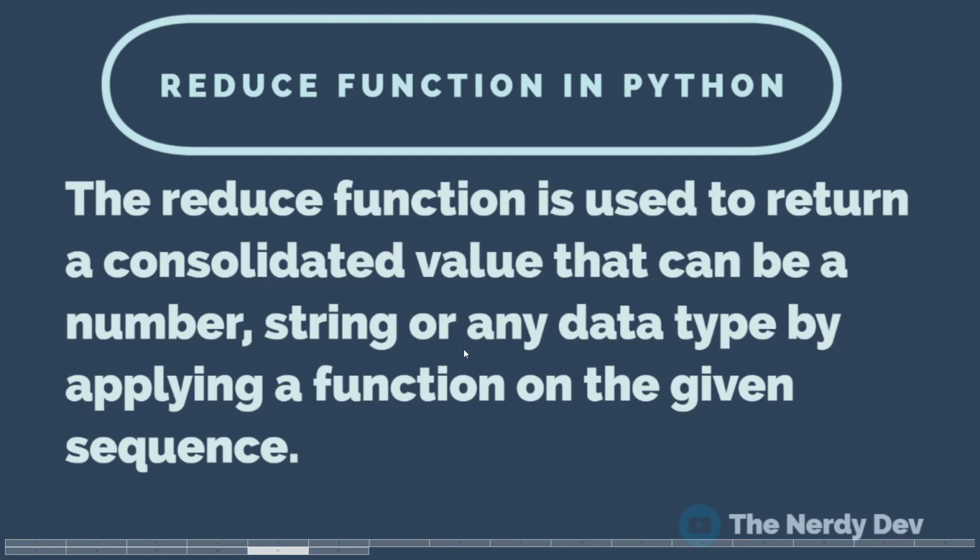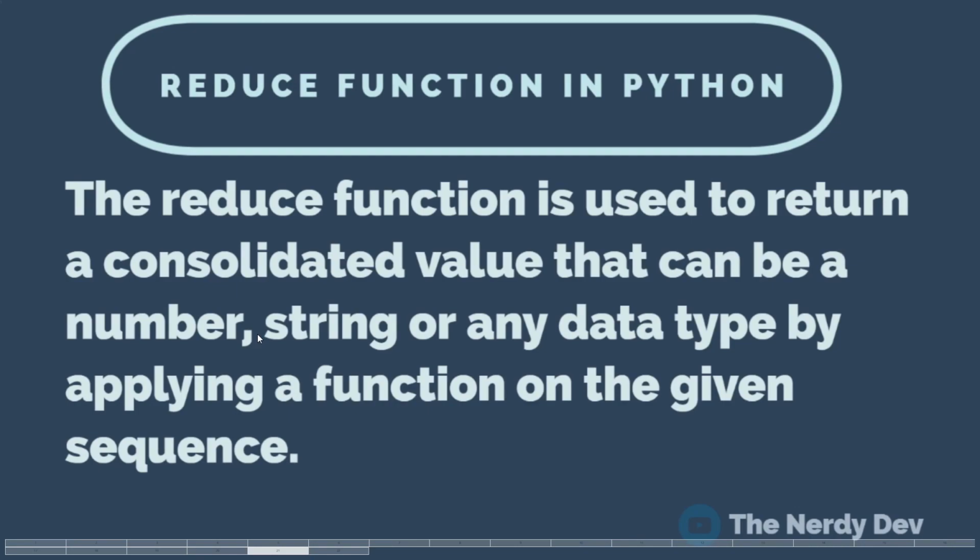In this video, we'll learn about the reduce function in Python. The reduce function is used to return a consolidated value that can be a number, string, or any Python object by applying a particular function passed to it as the first argument on the list elements or a sequence passed as the second argument. Now let us go back to the Visual Studio Code to see how we can work